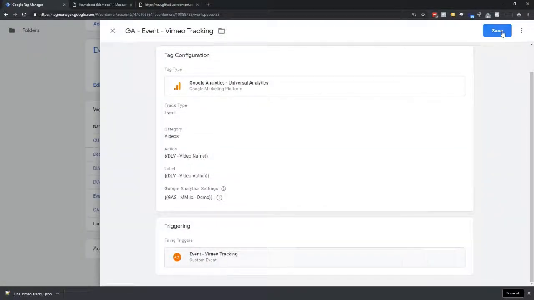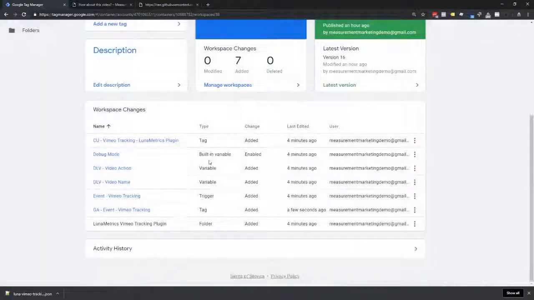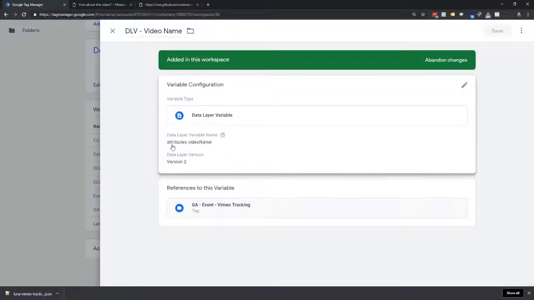So now we've got that. We're going to go ahead and save our updated GA event. So at this point, I've done our GA event. I've done our actual event trigger. Then we've got the data layer variables, so DLV, and you can see this is, again, another great reason to actually go through and work on your naming conventions, because just by the names alone, I can see what they're doing, right? So in this case, data layer variable video name,